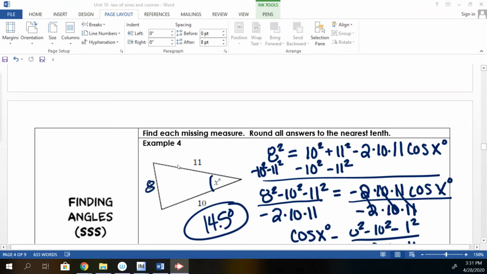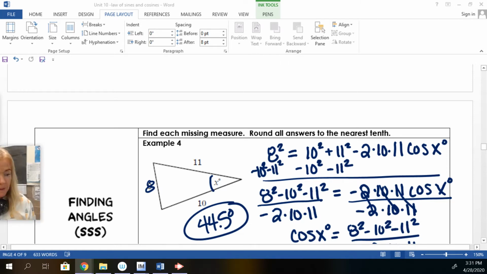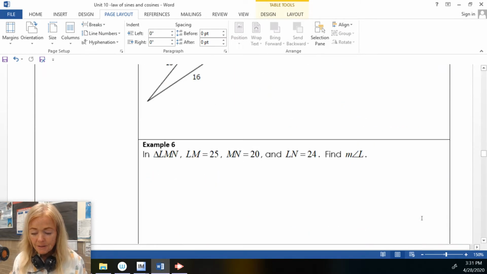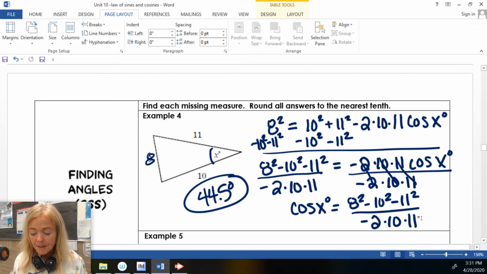Class. We were just finishing up this little part of law of cosines, which is way fun, right? We're just finding the angle if we know side, side, side. So we're right here. And I'd like to just give you the formula if it's an angle, but